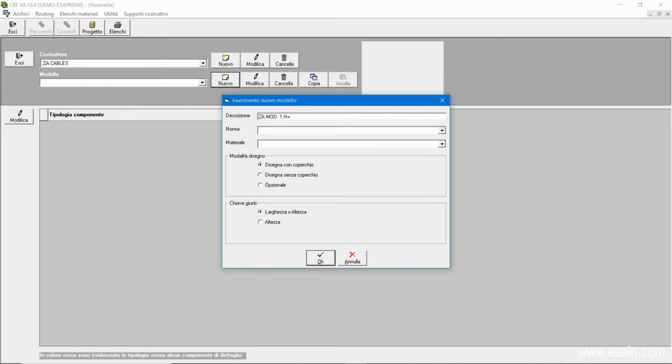We also type a height, 50 millimeters. Choose a material, stainless steel in this case. And here we specify if the elements are always supplied with covers or if they are optional.